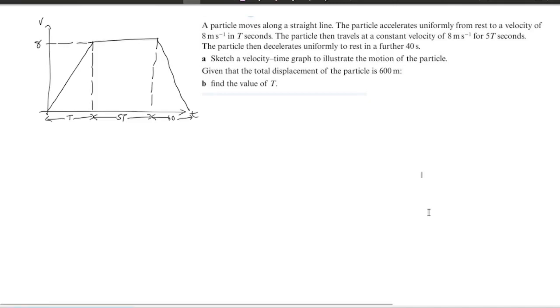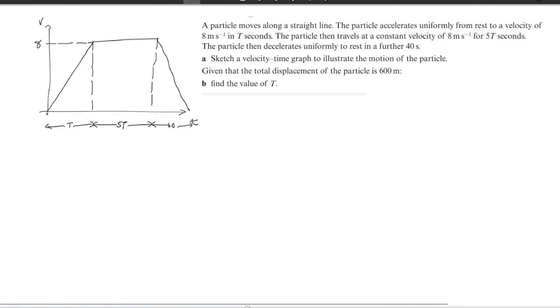So here's my velocity time graph for the question that we've been asked. Part A of the question does actually ask me to produce this diagram, so it's good that I made a start on this already. In an exam, the main features that you need to represent in your diagram are firstly the shape. So in an exam, the examiner will be looking for positive gradient, horizontal line, negative gradient, and the labeling. So most importantly is probably the 8 meters per second that's been marked on, and then the time intervals